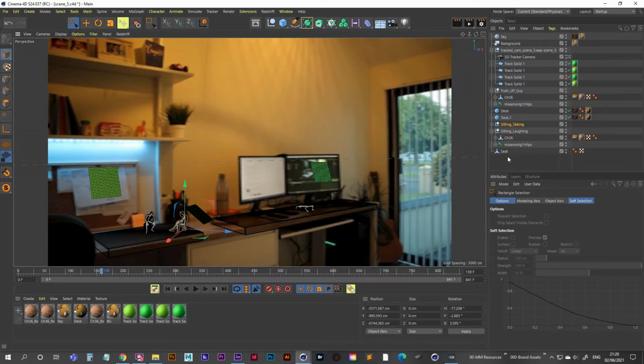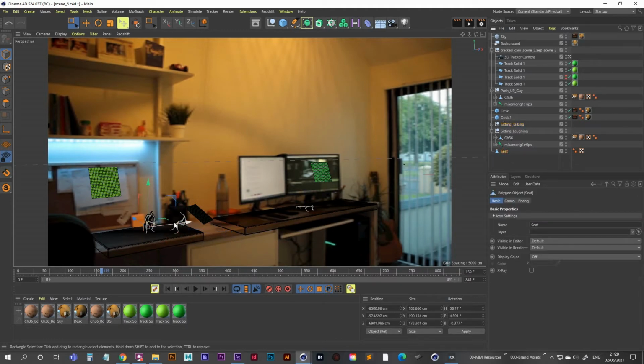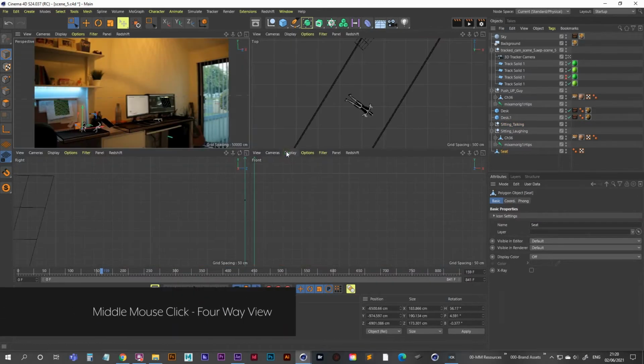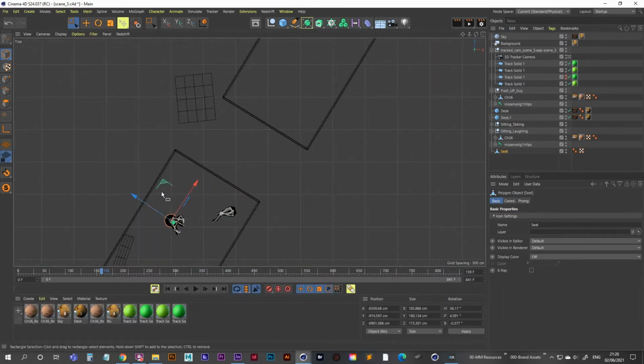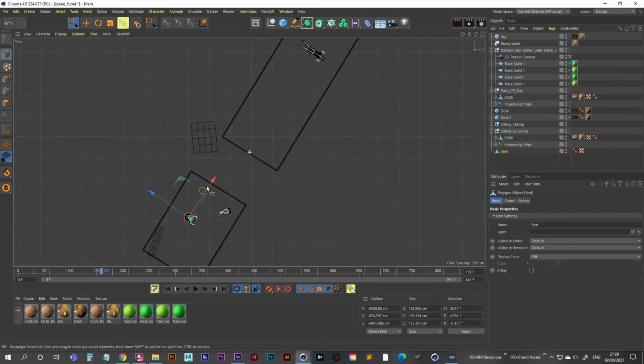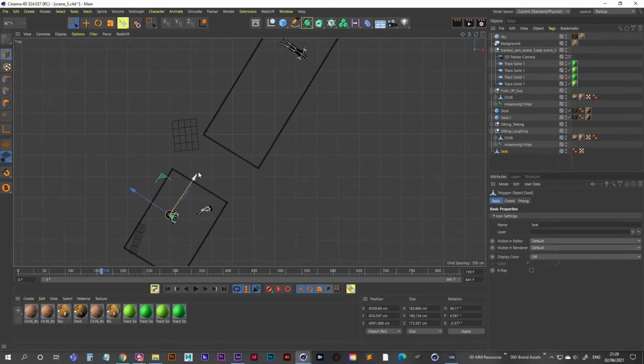And we need a seat for him as well. I should have just duplicated this seat. Anyway, we can do that now. Grab the seat, and I'm just going to jump into my top view. Hold down Control over this little green triangle yoke, and then we'll be able to move our seat along all axes except for the y-axis. So that's handy enough. So hold down Control, click and drag,